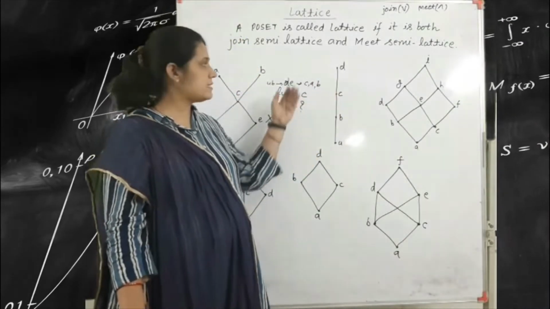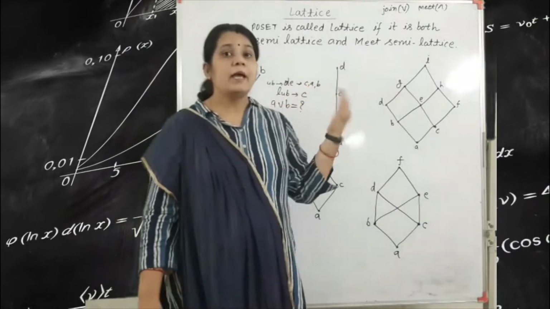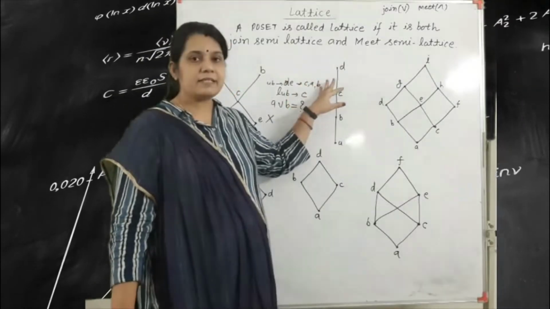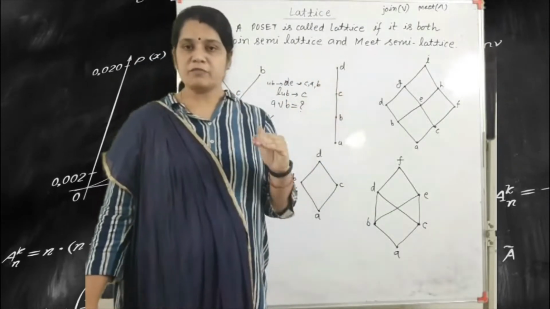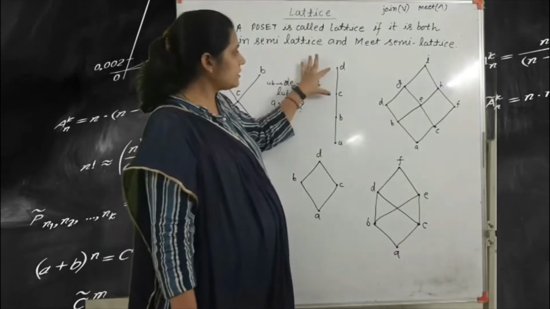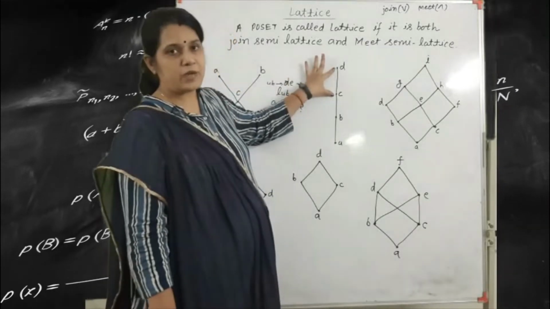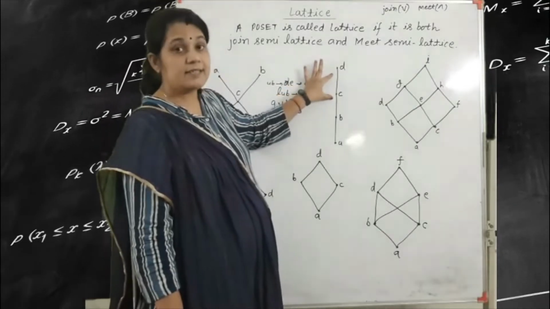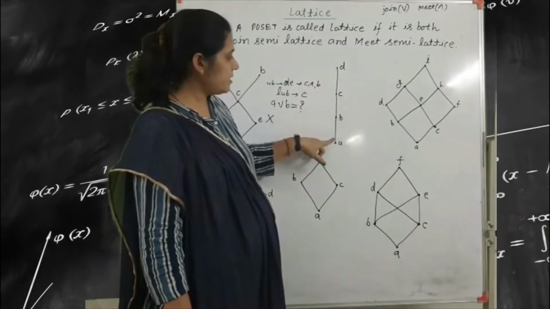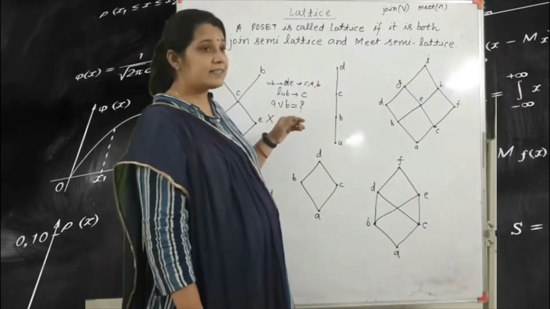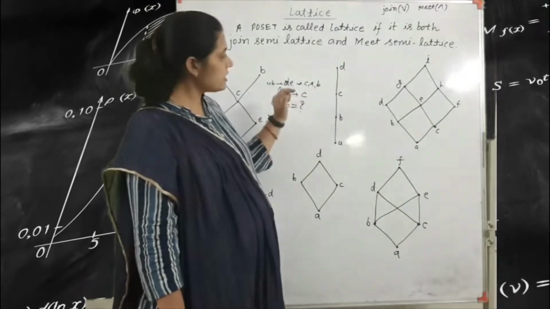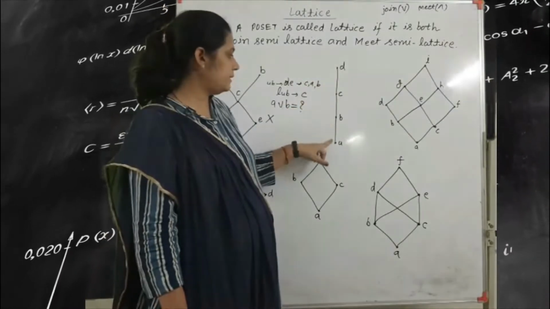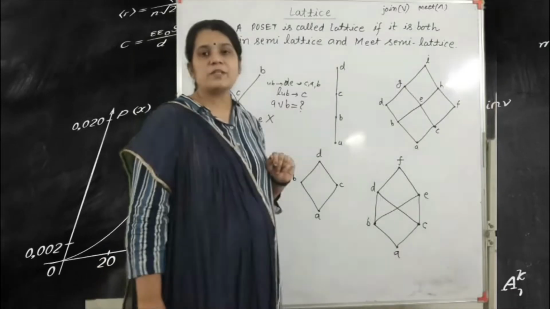This is a join. But now we find the meet. The meet is always present at the bottom of the Hasse diagram. Got it? If we consider these two elements D and C, the lower bounds of D and C are C, B, A, and the greatest is C. If we consider these two elements C and B, the lower bounds of C and B are B and A, but the greatest lower bound is B.